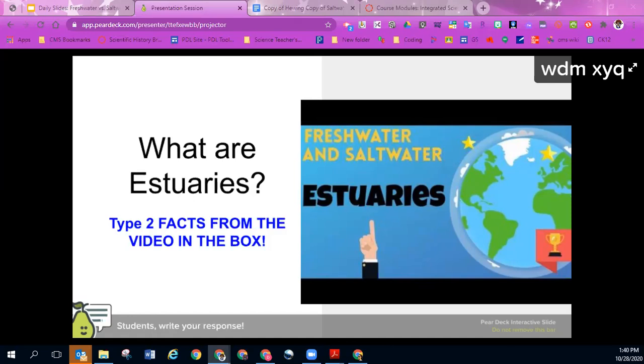Oh, somebody got it on there. They're sometimes called the nursery of the seas because they help many animals take care of their young, which is exactly true. All right, and like I said, they are the areas where our fresh water and our salt water are going